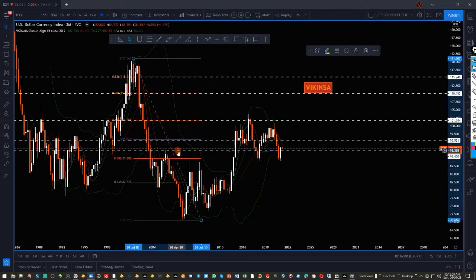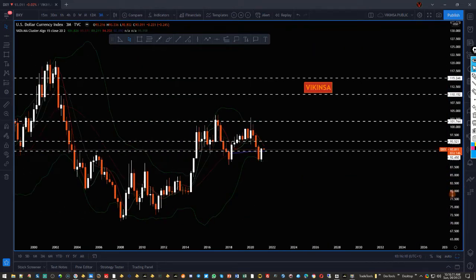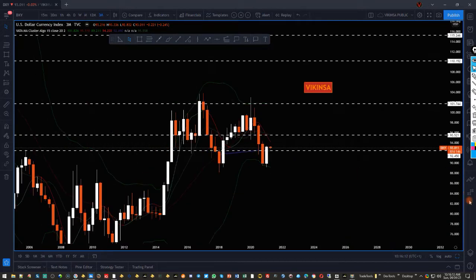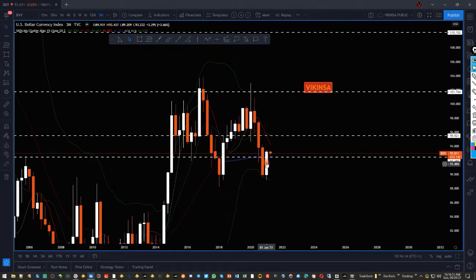So the dollar is not dead yet, though they have been saying that the dollar is dying. For 3 months it has been rising up, and it can fall down to this level of 92.450. So that's what we have. Let's look at the